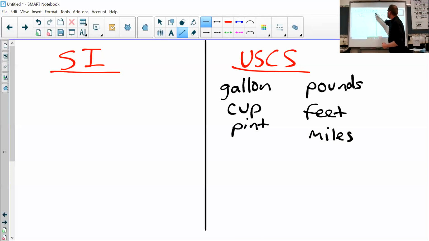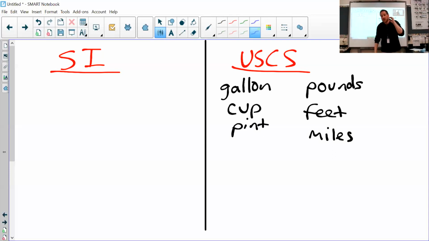Now let's go through what those SI base units are. I say base unit because you can take any base unit and apply prefixes to it. For example, you probably know this, the base unit of length. It's the meter, but you've also heard of centimeters, millimeters, kilometers. Those milli, centi, kilo are prefixes that you put on the front of it to change it. So the SI base units, the base unit for length